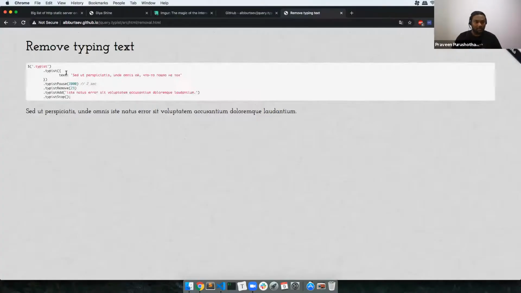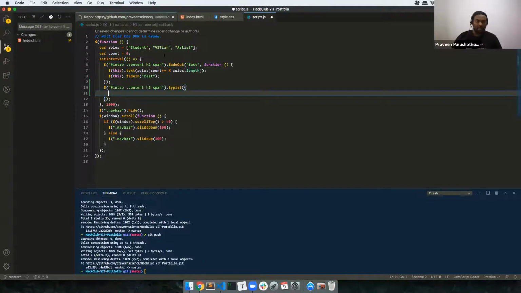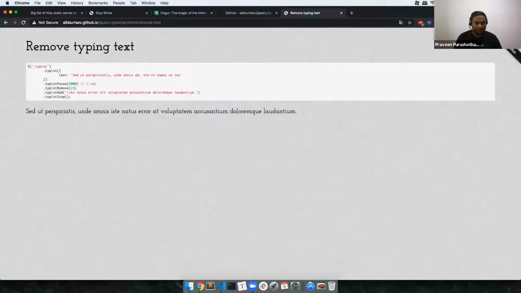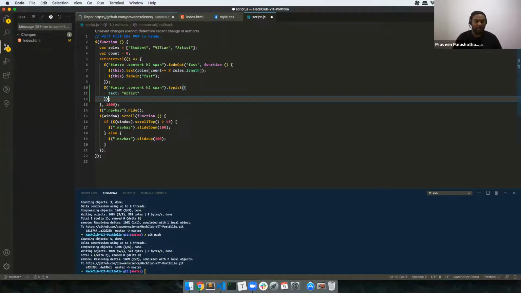They have given us a lot of options here. First, initially I want the text to be typed.